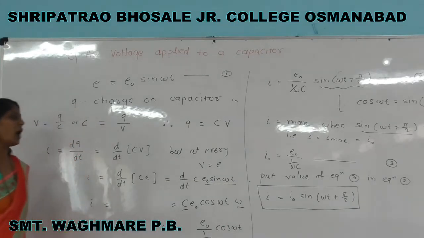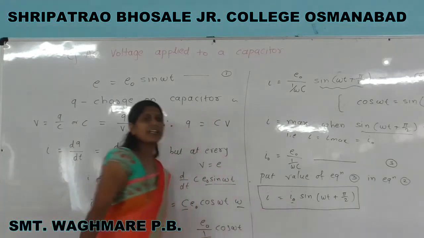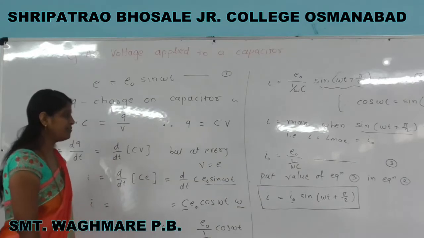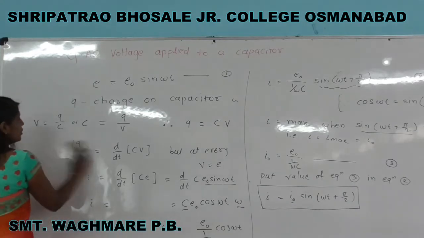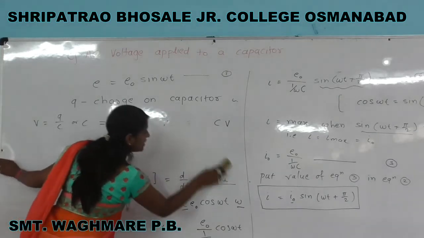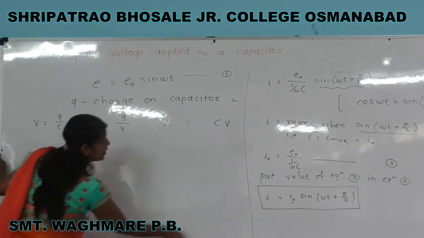I is equal to I naught sine omega t plus pi by 2, and here I naught is the maximum value of current. Now by using this equation we can plot a graphical representation also,